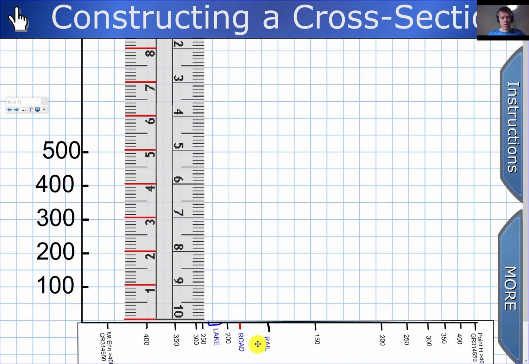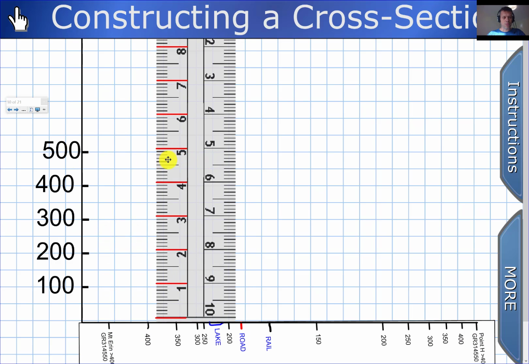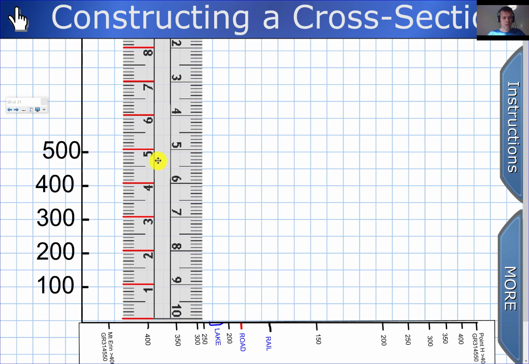And I put this on the bottom of my graph. Now you draw your graph in your book, and you pick an appropriate set of distances up here, so you make sure that you cover all the height you need here. So the highest point I have here is under 500, so I know 500 can be my top. I then take a ruler and